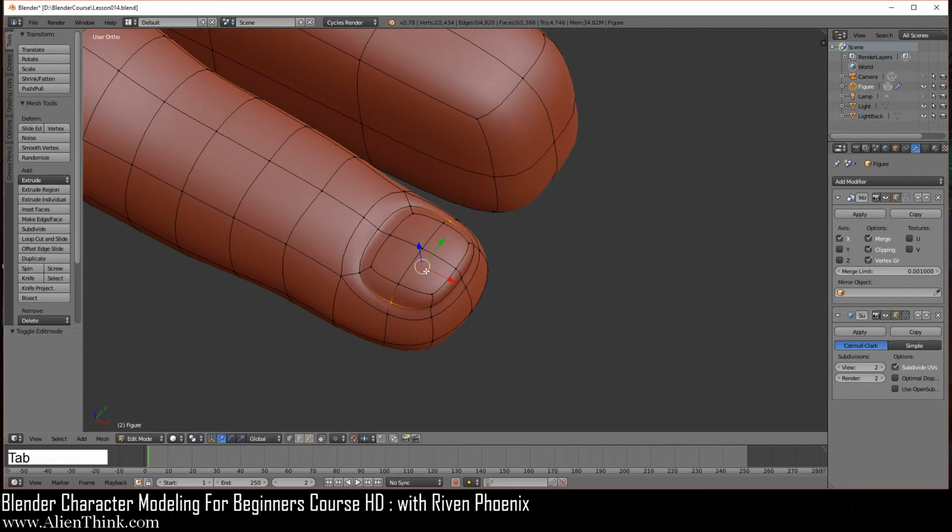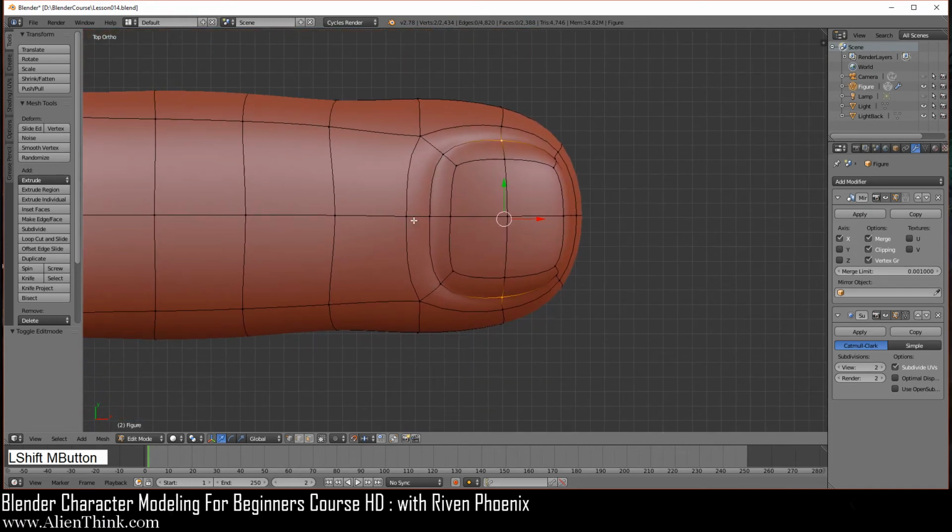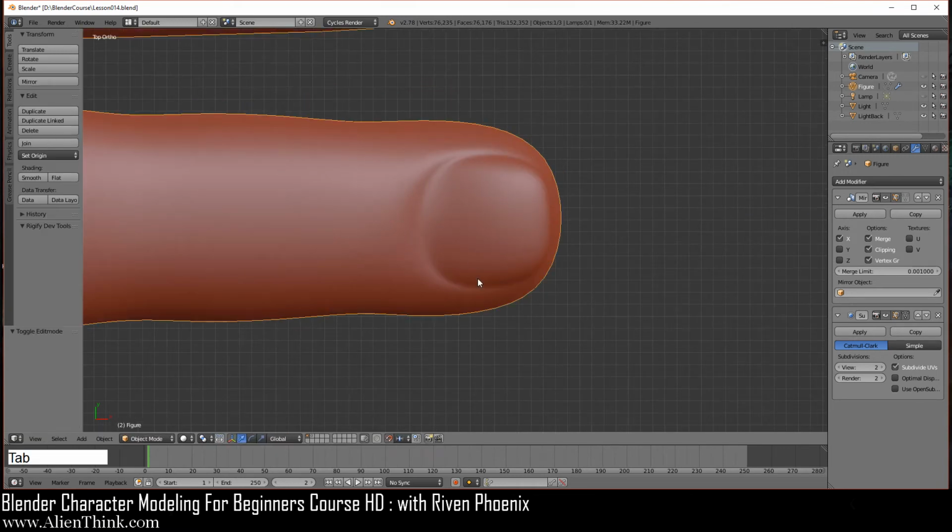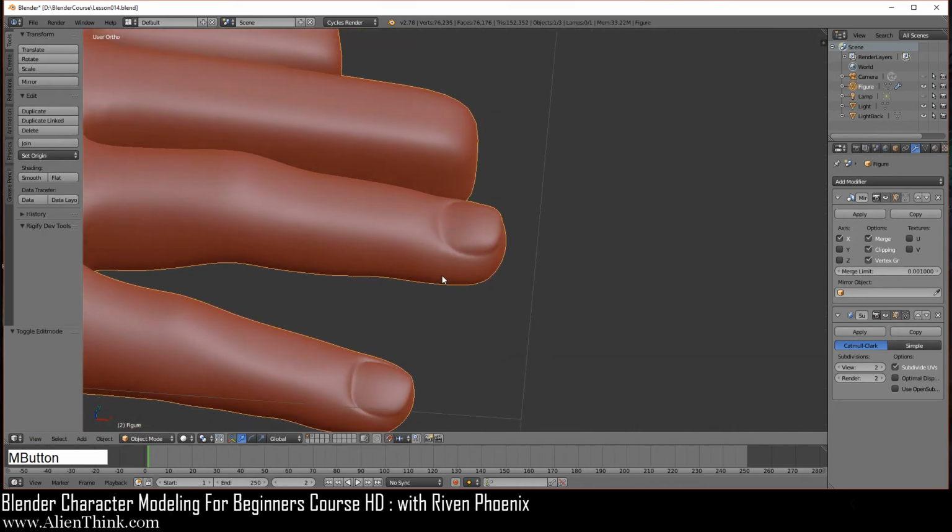So now of course you can just go to your top view over here, click on this. You can really do anything you want with this nail. Bring it to the left like this over here. Okay, so I'm just going to do it this way, and now we're going to have one more edge over here that we have to do.